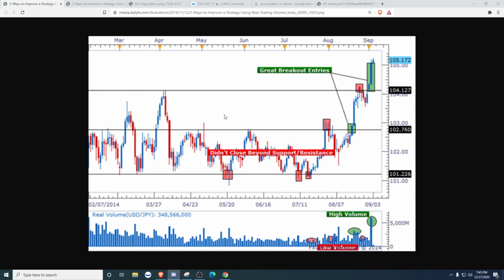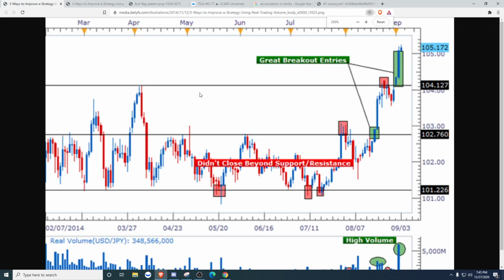Okay, here we go. So the sixth thing is, when we see a drop with low selling volume, it's most likely a little bit of profit taking and it's not a signal to get out. So let's look at this, for example. When we see this rejection from this resistance right here,